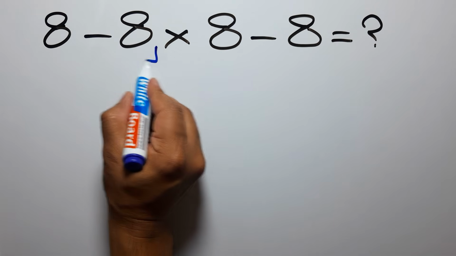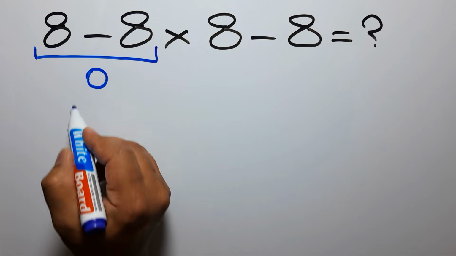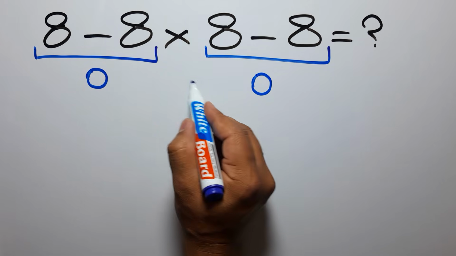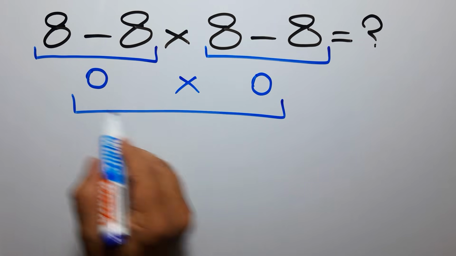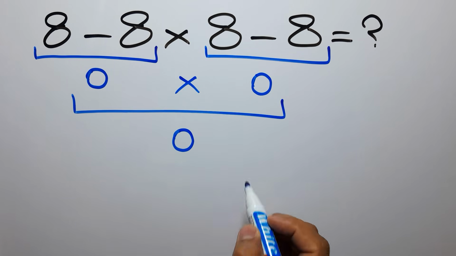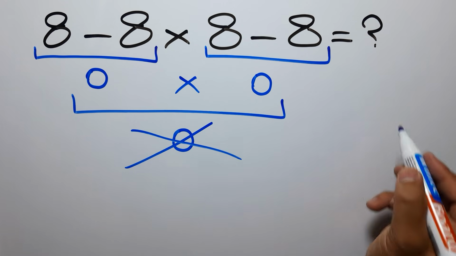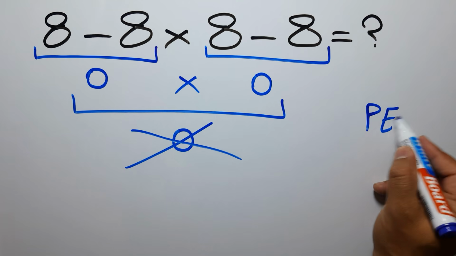8 minus 8 gives us 0. And again here we have 8 minus 8. So 0 times 0 is just 0. But this answer is not correct, because according to the order of operations, which is PEMDAS,